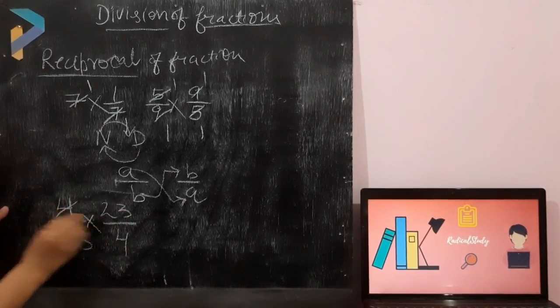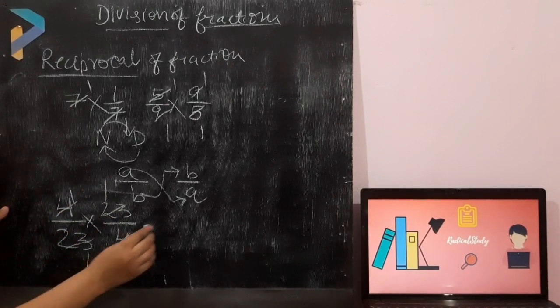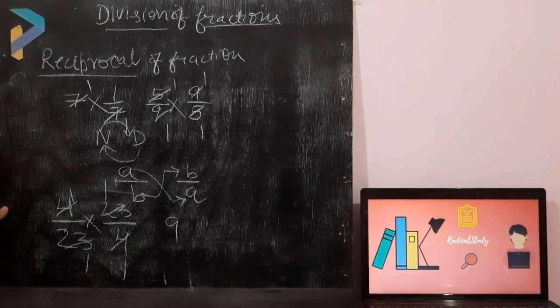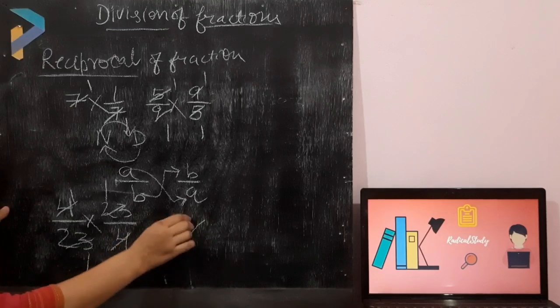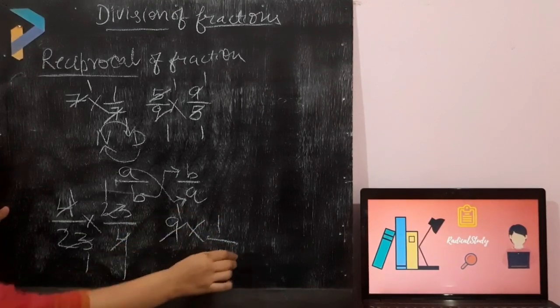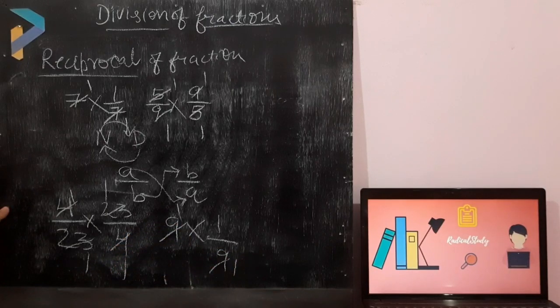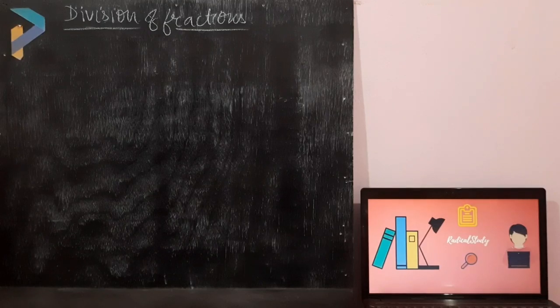Now I am multiplying it. See, the product is 1. If it is written 9, what is the reciprocal of 9? The reciprocal of 9 is 1 upon 9. The product came out what? The answer is 1. So after multiplying the reciprocals, the answer should be 1. Now I will teach you how to divide fractions. Please pay attention. Now I am going to teach you division of fractions.